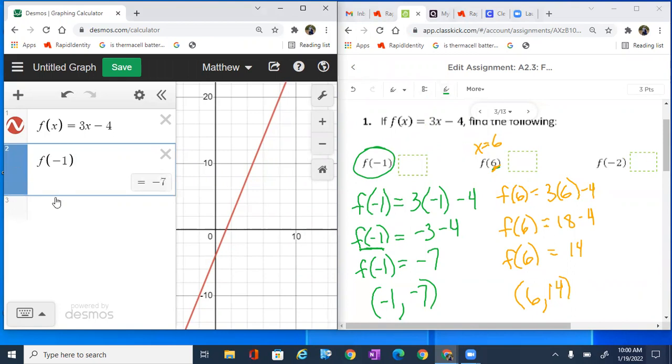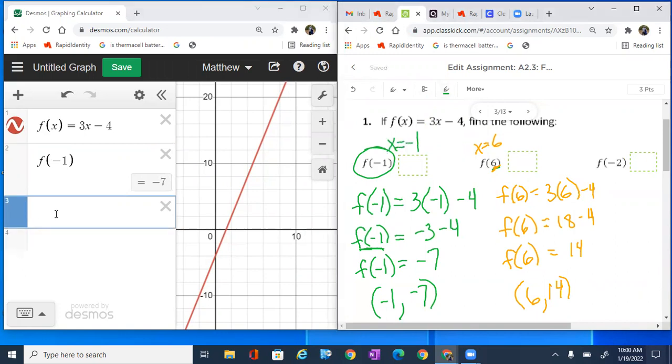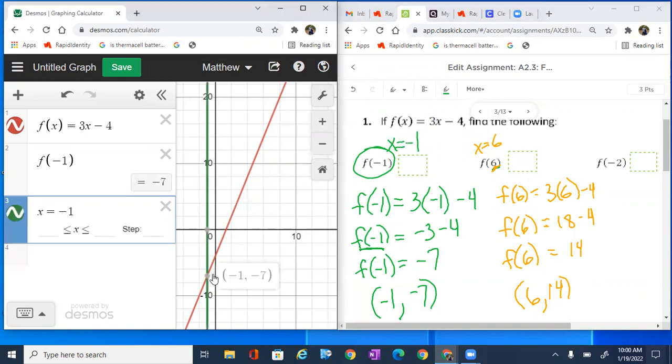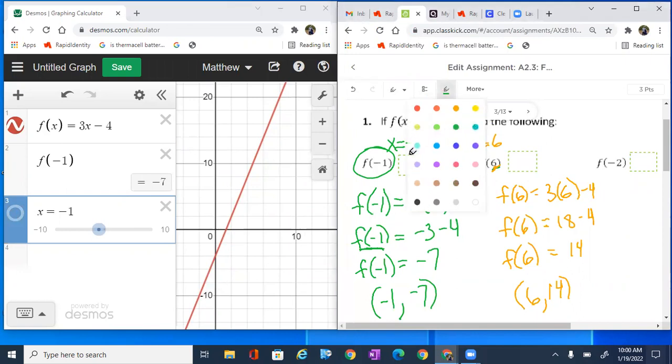Another way that we could do this is to type in x equals -1, and I can look for the intersection. So you can see that there's two ways of doing this in Desmos to check our work, to make sure our algebra is correct. So if I want to go to the second one, which is f of 6,